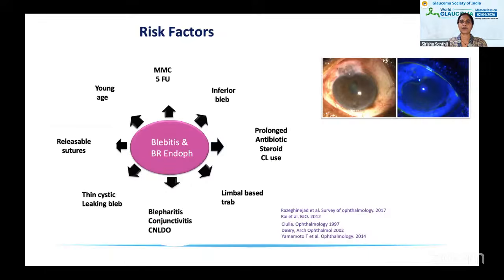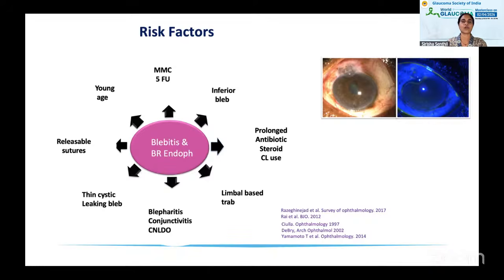The risk factors for blebitis and bleb-related endophthalmitis start from the lids onwards. So if you say blepharitis, conjunctivitis, nasolacrimal duct obstruction, a very, very important reason for blebitis. This is something that we always should remember: whenever a patient presents with blebitis or bleb-related endophthalmitis, like somebody presenting with a corneal ulcer, it is so important to check whether the sac is involved or not. It's very important for us to check the sac as well, because once we see the blebitis or bleb-related